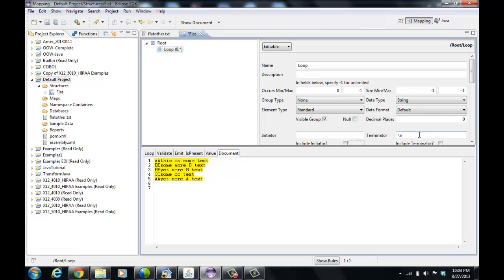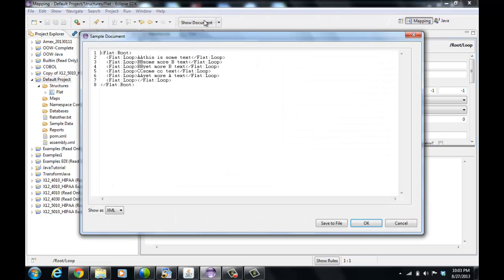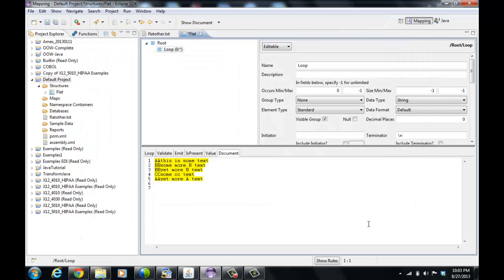And then if we do a show document here, we can see now every instance of the loop is getting a new line, including a blank line at the end. So now what we want to do is add elements to pick up the text. So we'll add an A element for the text,